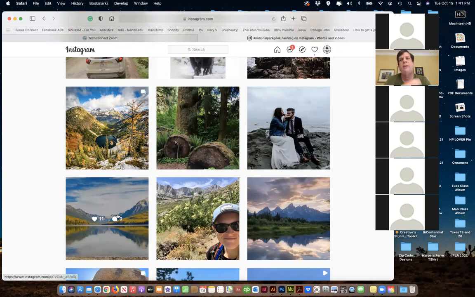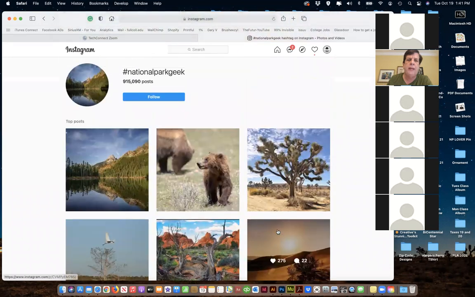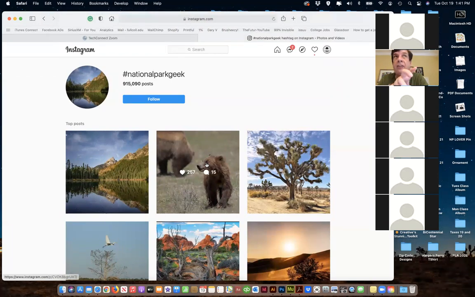If you have a dedicated hashtag, you definitely should go through. But even if you don't, you're going to have hashtags that you start to use that are appropriate for what you're doing: art, design, graphic design, typography, whatever it's going to be, and start to go through some of them.